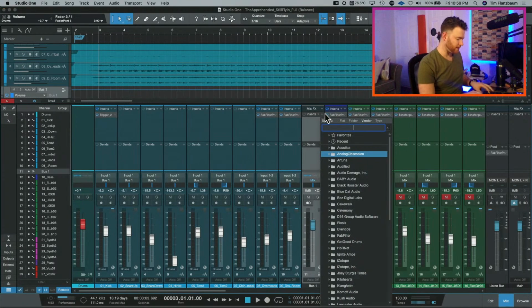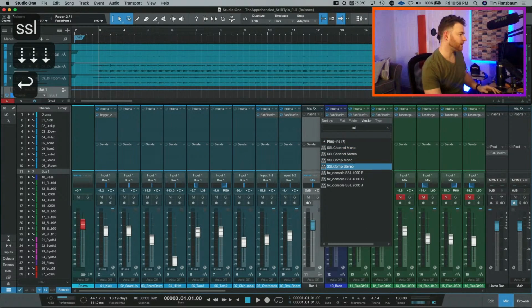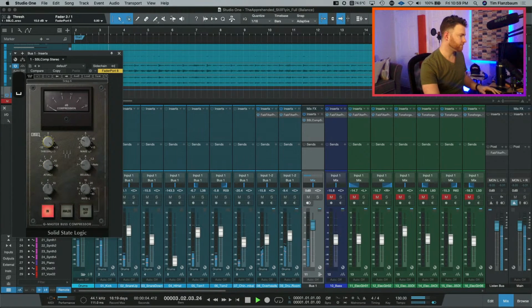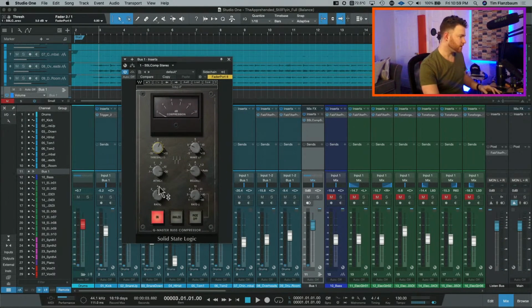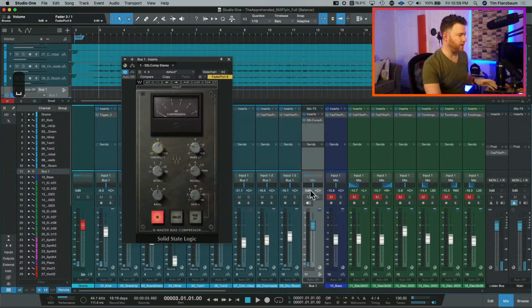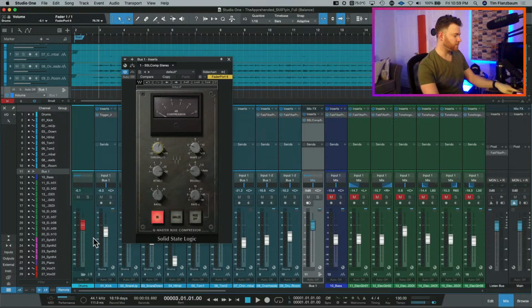So if I have some kind of bus compression going on, and let's just go with a classic SSL style thing. It's got most of my settings in. So let's do some very quick dialed in drum bus compression. Ready? Okay, very quick drum bus compression. Which actually I did it wrong because I was pushed up a little. So all of my drums are going into this bus, but now I can go ahead and write the automation